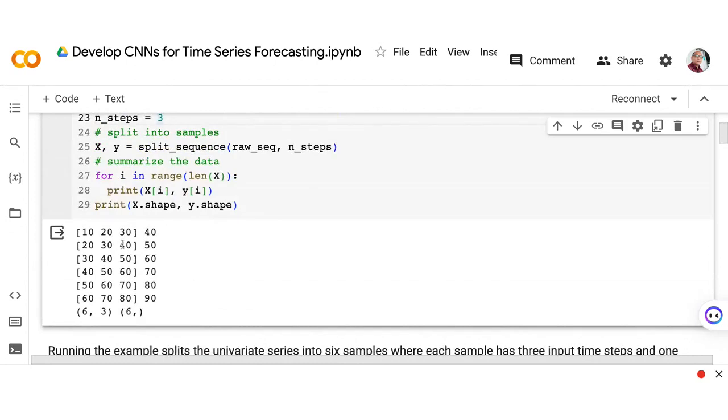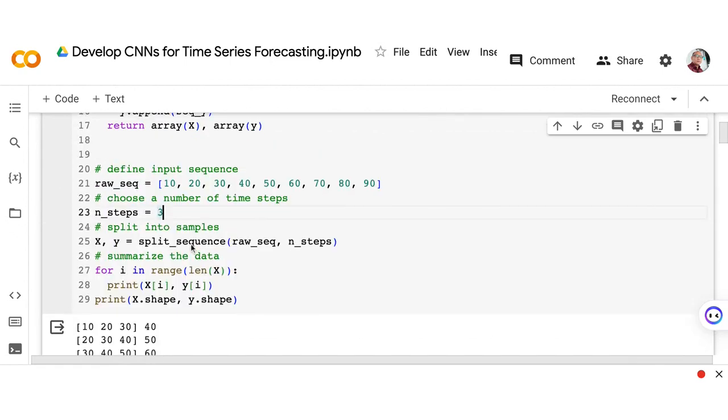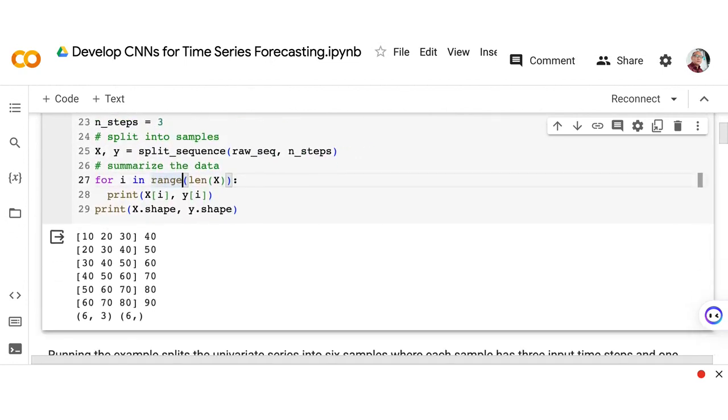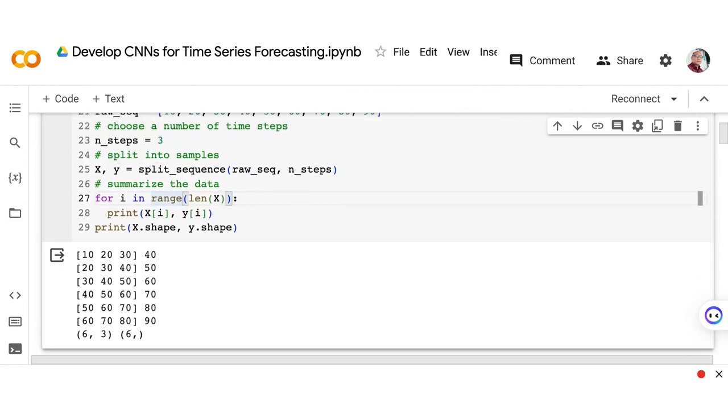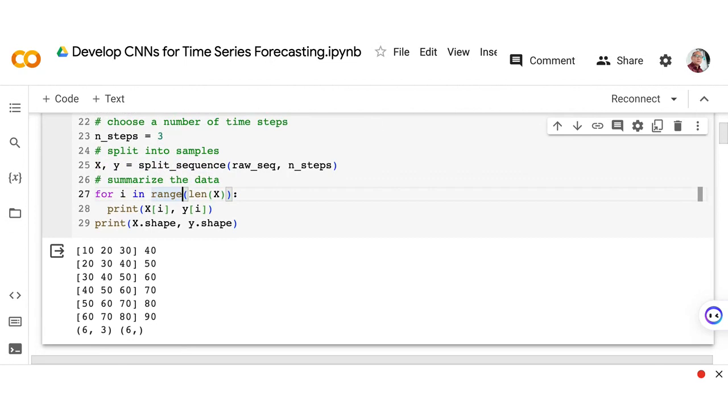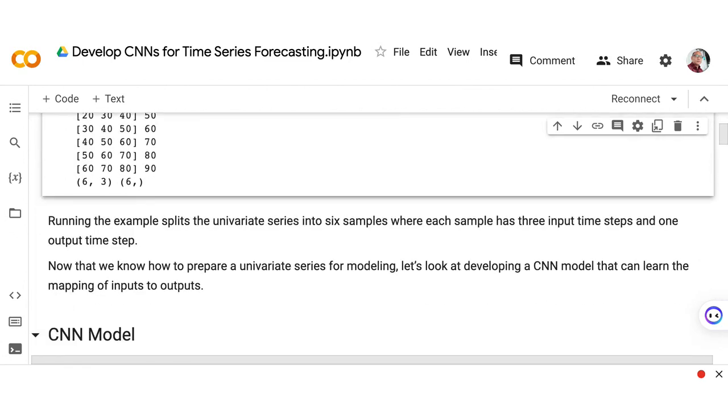The shape of our x will be 6 by 3, since 9 is only the length of the raw sequence that we have. Basically, what we have here is just an example of how we can split our univariate sequence into a number of samples, where each sample has three time steps.